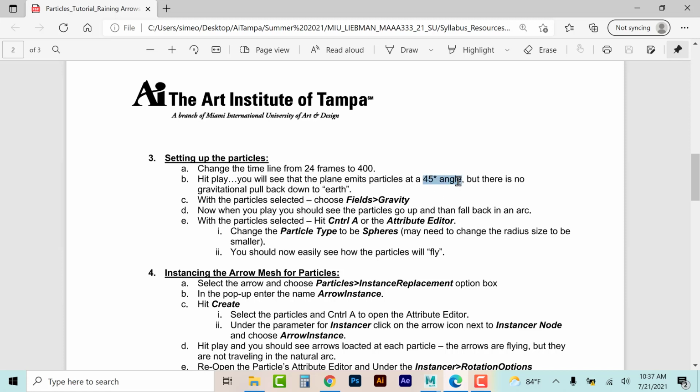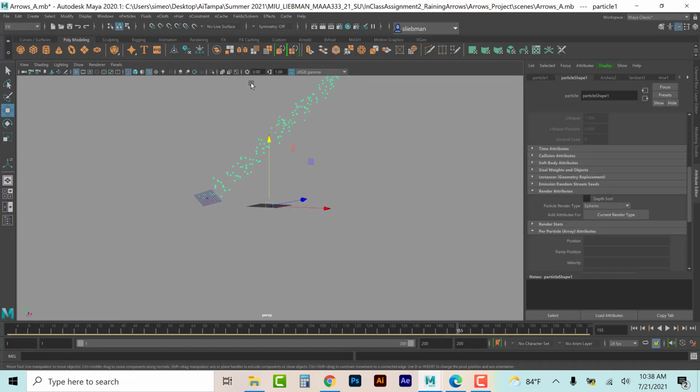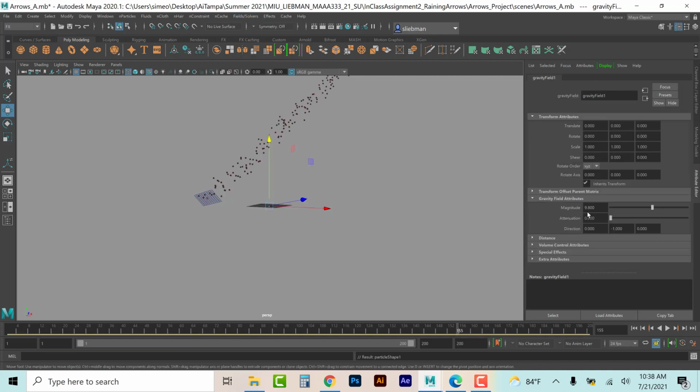You see those spheres are flying at a 45-degree angle, but there is no gravitational pull back to Earth. With the particles selected, simply add gravity. So I select my particles, I go up to my field solvers, and I add gravity, which is again a default of 9.8 and a -1 y-axis. Now I hit play, and you see our arrows, or our temporary spheres, are flying. Now, they're also lasting forever. Okay? Now an arrow doesn't just disappear, but we can now start to set